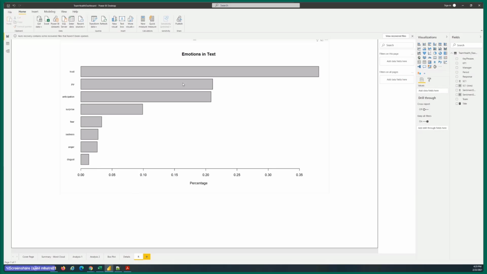Then next is the emotion of joy, and it keeps going down all the way down to disgust, which was found in about 1% of the body of text. So just a very basic visualization, but rather than having to do something like this separately, you can embed it in Power BI.